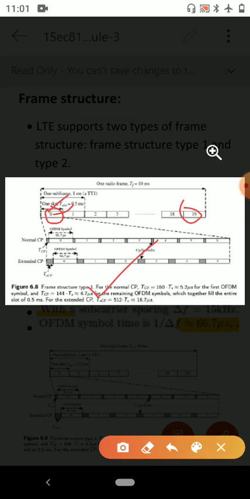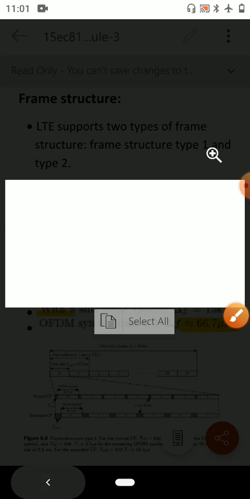Each slot consists of a number of OFDM symbols including the cyclic prefix, that is CP. CP is a kind of guard interval to combat inter OFDM symbol interference, which should be larger than the channel delay spread. Therefore, the length of CP depends on the environment where the network operates, and it should not be too large as it brings a bandwidth and power penalty.